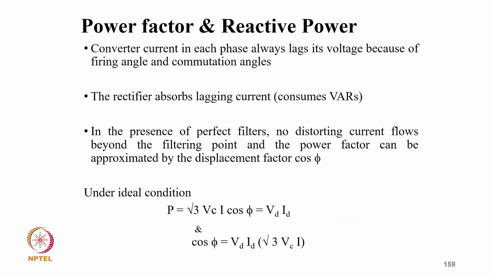Coming to power factor and reactive power, the converter current in each phase always lags its voltage because of the firing angle and commutation angle, and the rectifier absorbs lagging current, consuming volt ampere reactive. So in the presence of a perfect filter, no distorting current flows beyond the filtering point, and the power factor can be approximated by the displacement factor cos phi. Under ideal condition, P equal to root 3 VC I cos phi, that is VDID, or cos phi equal to VDID divided by root 3 VC into I,